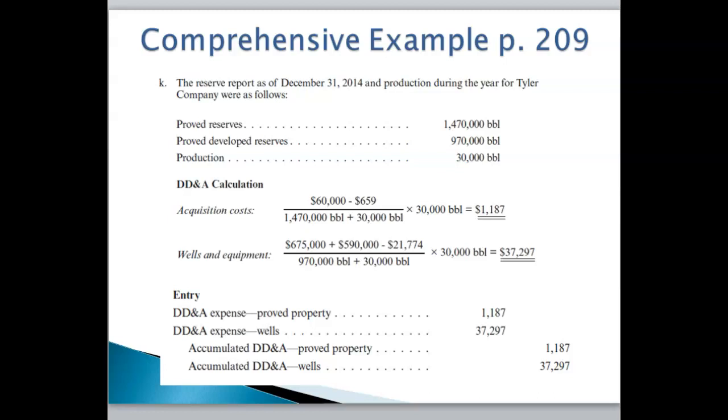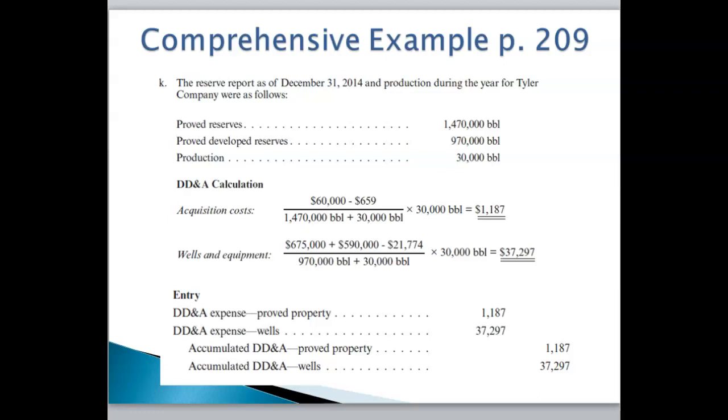For wells and equipment, we're going to calculate the book value. So again, we're going to add the asset amounts that are capitalized, $675,000 plus the $590,000, subtract the accumulated DDNA of $21,774. We're going to divide this by the proved developed reserves of 970,000 barrels plus production of 30,000 barrels. And we're going to multiply this times the 30,000 barrels to give us